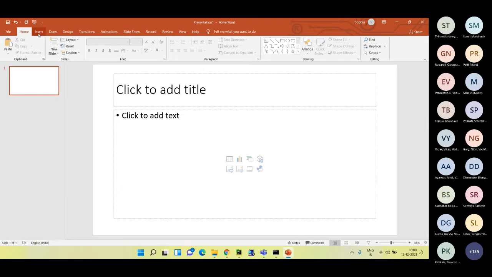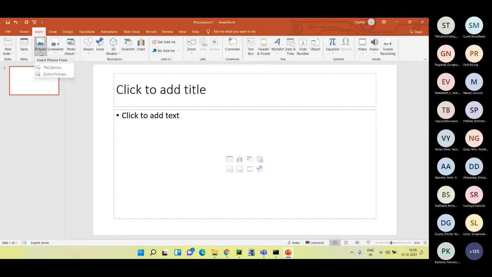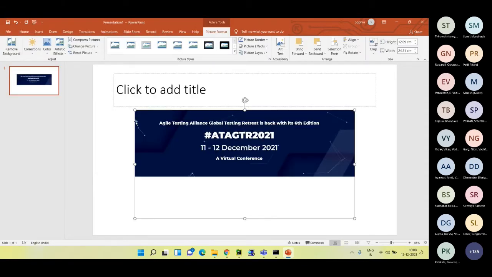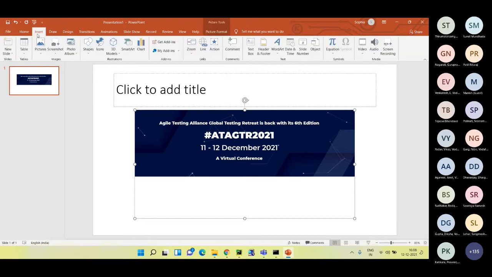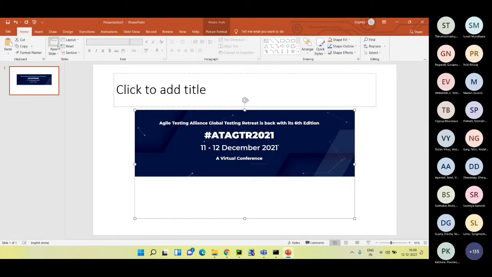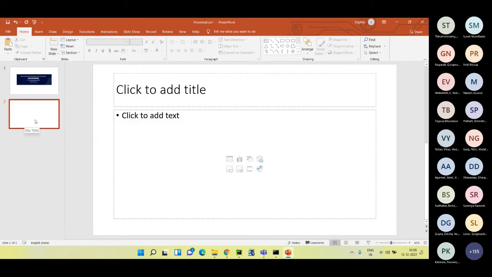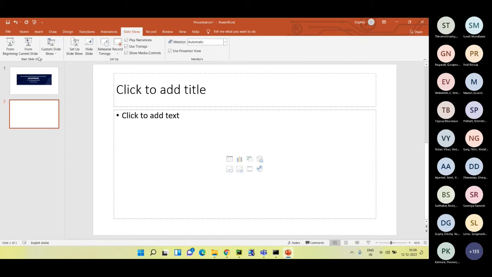So I'm going to insert pictures from this device, and let's say I want to put this sample here. Then after this is done, I want to go to home, insert a new slide, and have another picture, and let's say I want to have 3 such slides. Afterwards I want to start a slideshow from the beginning. So this is the scenario that I would like to automate.